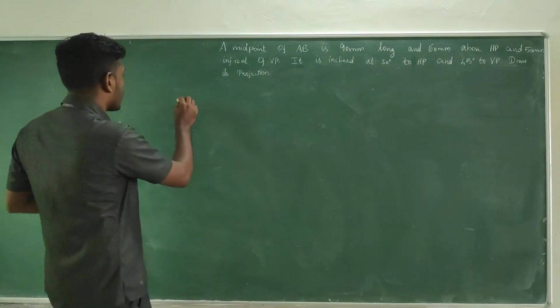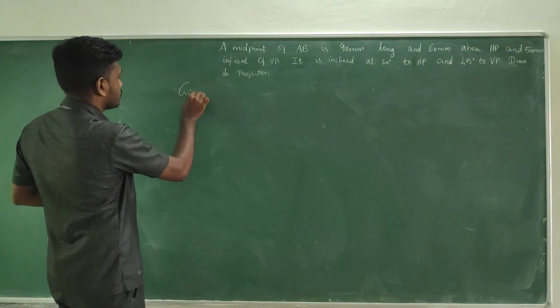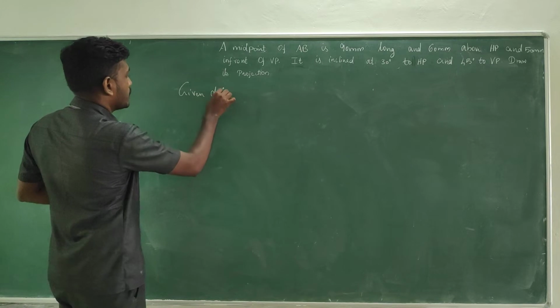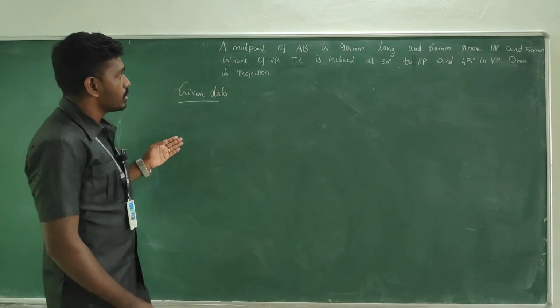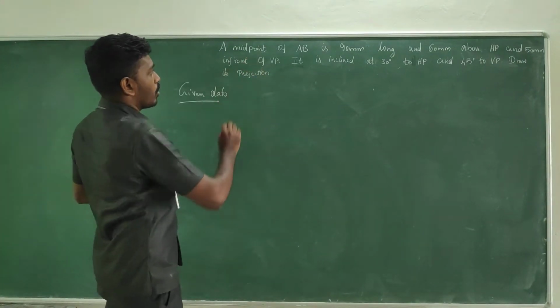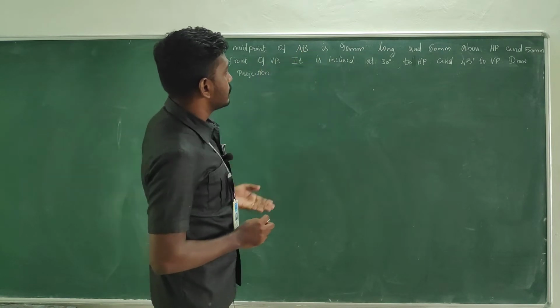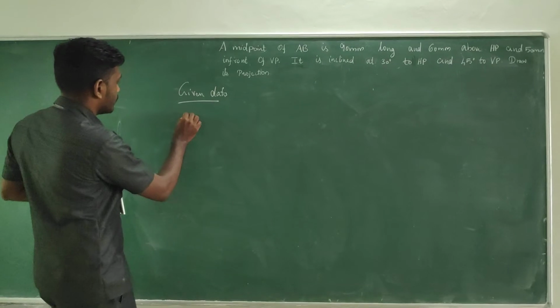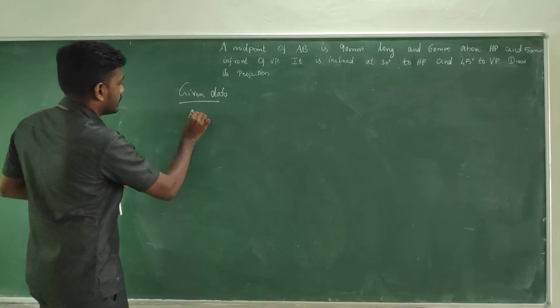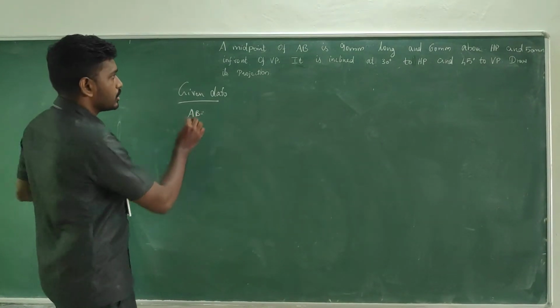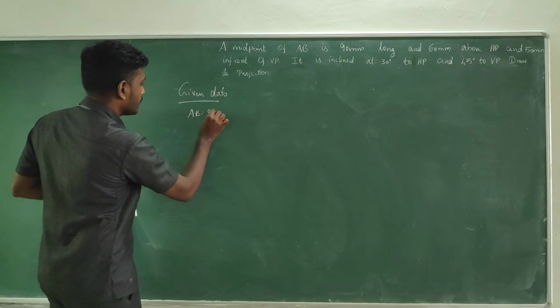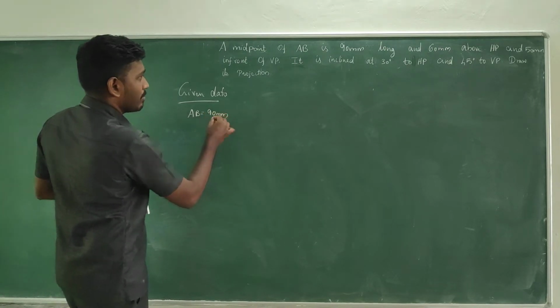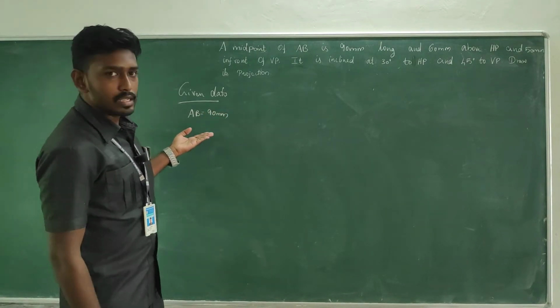So try to take the given data. Try to take all the given data. The line AB is 90 mm long, right? 90 mm long, which is nothing but the true length. They are talking about the true length, which is 90 mm. And see,